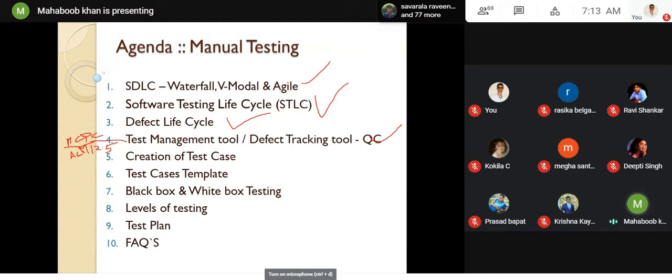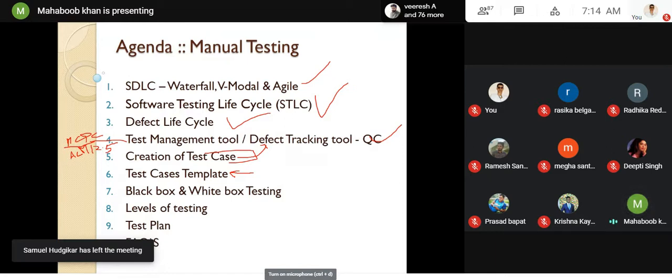We have completed the topic of creating test cases, how we can create them, and how we need to import them. We will be importing the test cases in Quality Center also. Once you are ready with the requirements, what test case template will you be following? The test case template is very important, guys. It should be in sequence, not jumbled, like first the test case name, then the actual result. It should follow the sequence we discussed.